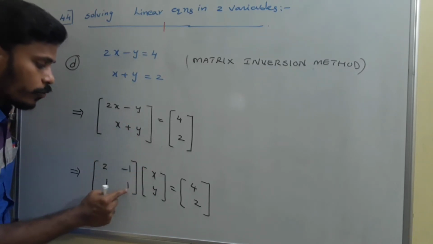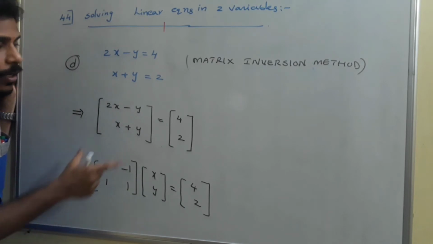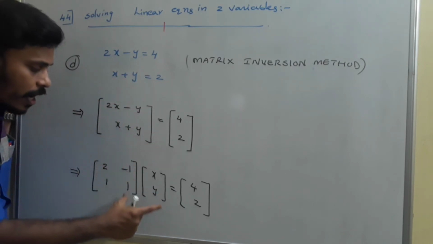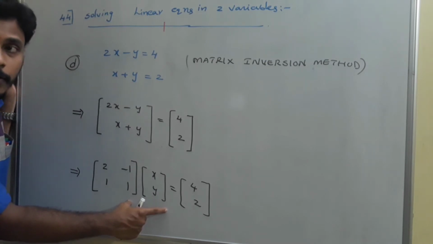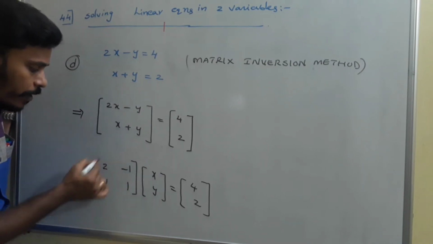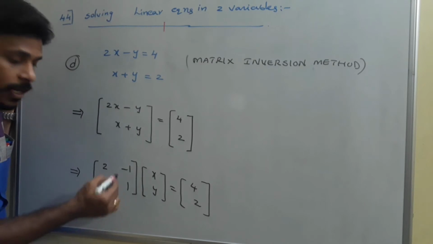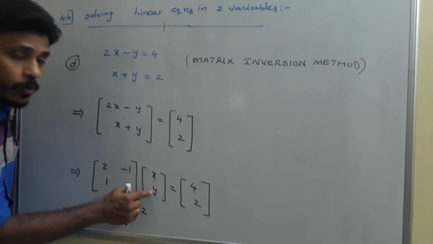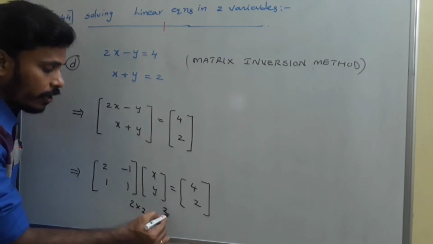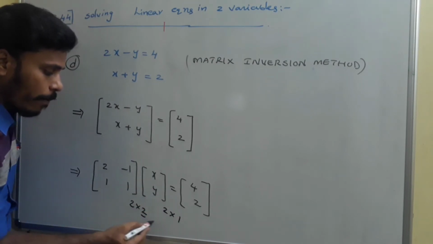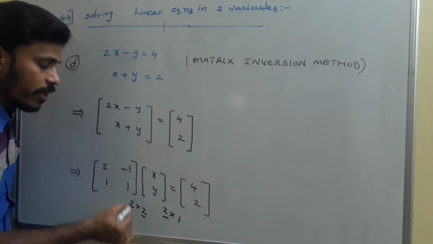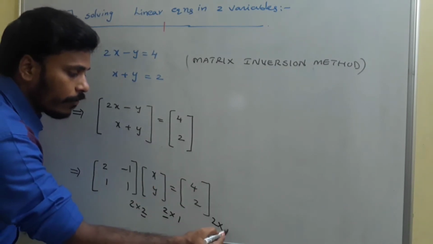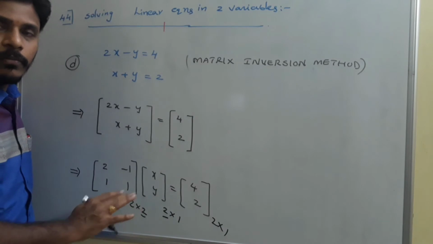1 into x plus 1 into y is x plus y. This is the algebraic form, and this is the matrix representation, a rewriting of it. Just have a look, okay? This matrix 2 minus 1 1 1 is of order 2 by 2, whereas this matrix xy is of order 2 by 1, and if you combine them, the resultant matrix is of order 2 by 1, and this is also of order 2 by 1. There it ends, the balance is clear, okay?